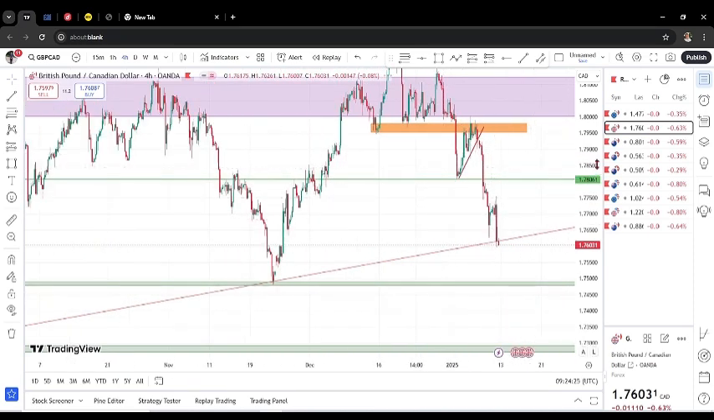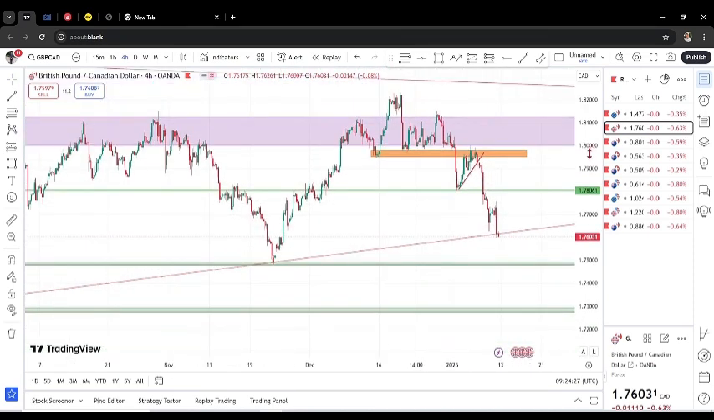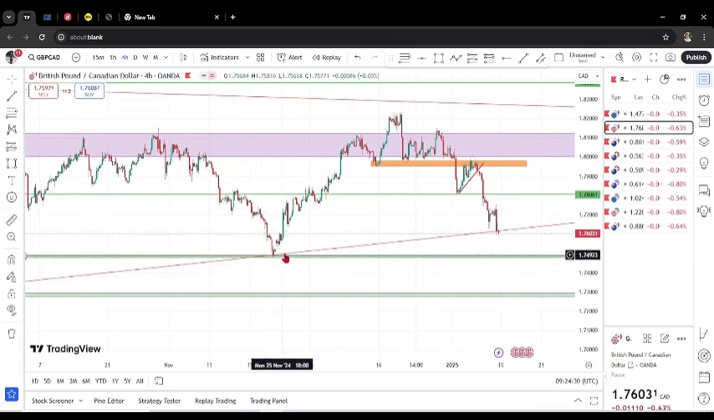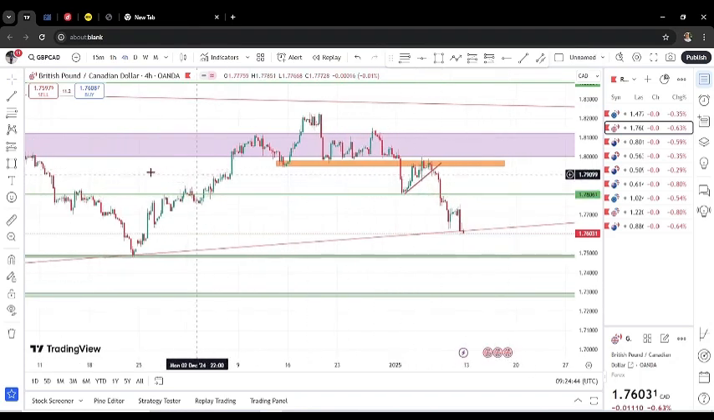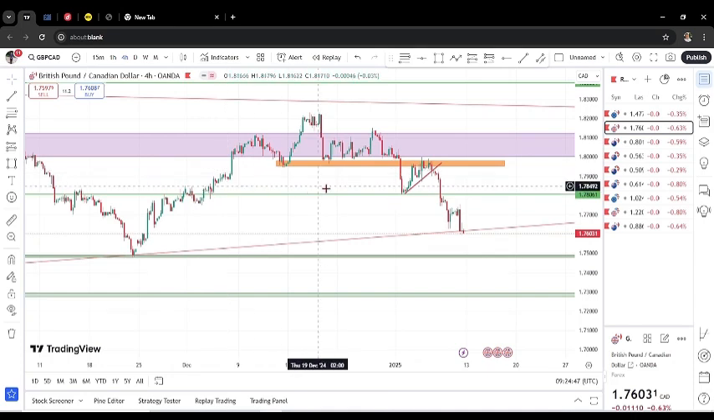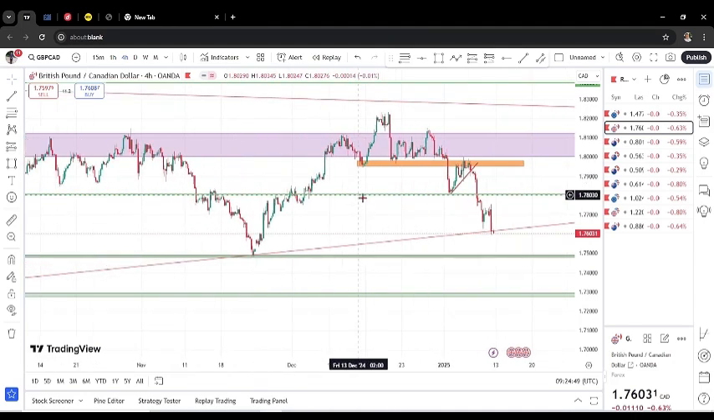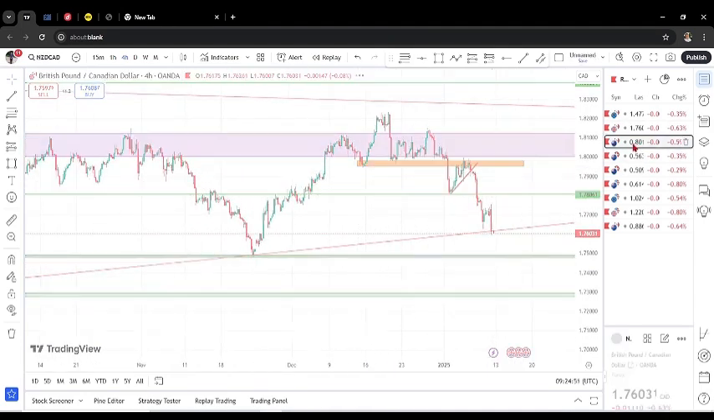I don't see any other entry opportunity again. Maybe I will enter this market when it breaks this level and retests back, or if the market retests back to this zone here, I might look for a sell opportunity. But ladies and gentlemen, I'm calling it out here that GBP CAD is on sale and it will sell for a long time. So let's move on to